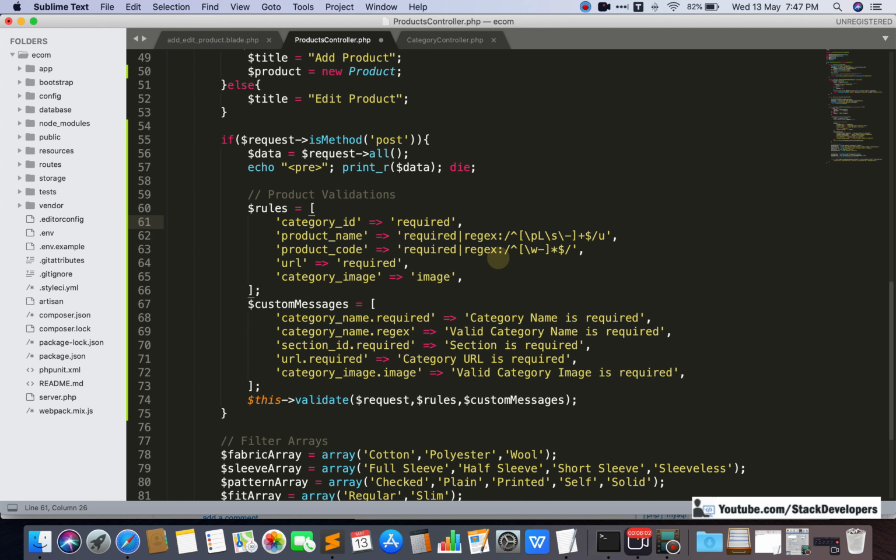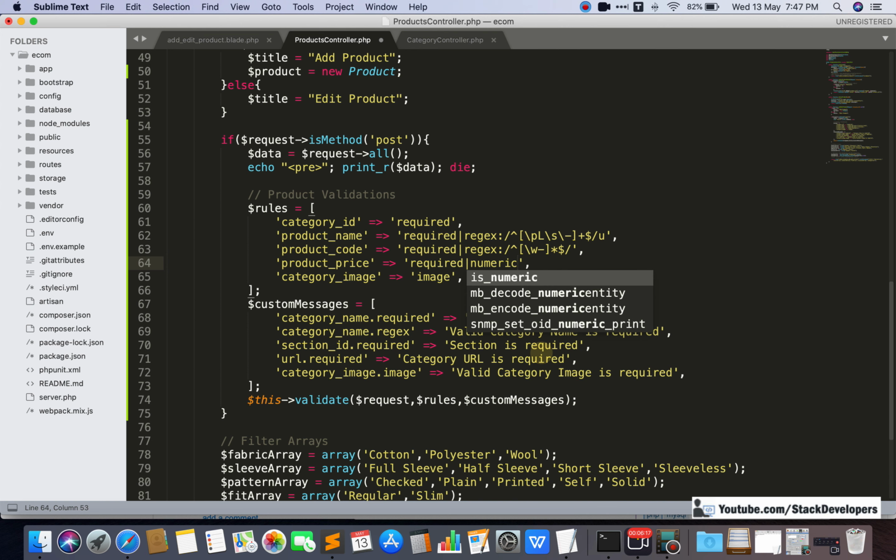Product name, product code, and after that product price is required, so I'm going to add product price here as a mandatory field. Required, and also numeric, because product price must always be numeric.